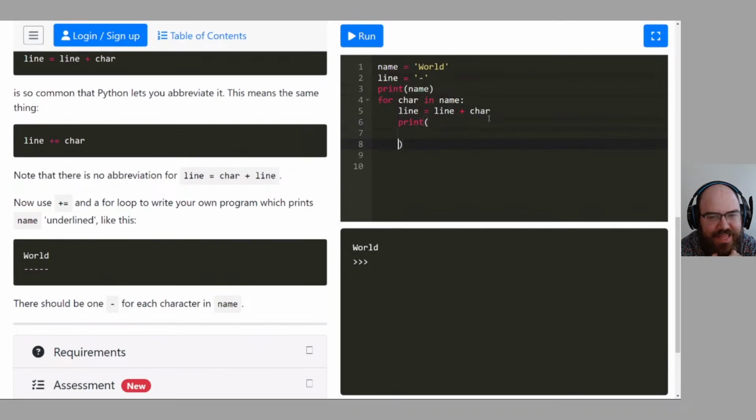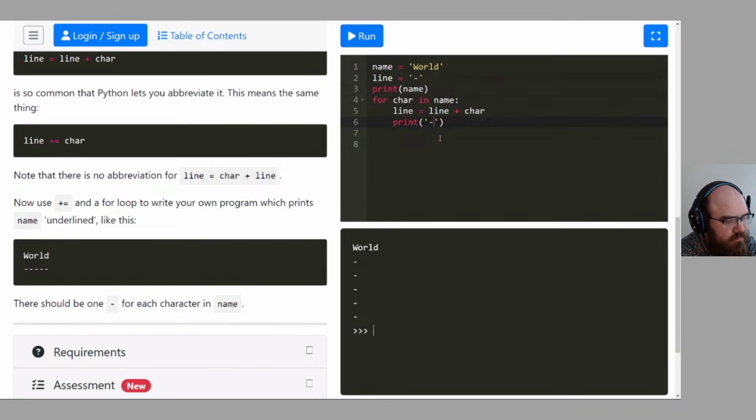Is this lazy? If I just make it do... it's not going to work the way I think it's going to work. Run that. It's not right, but run it and understand why it's not right. Okay, because obviously it's going to do it 5 times. The problem is each time gives you a new line from the print function. I just want to print it straight across. What stops?